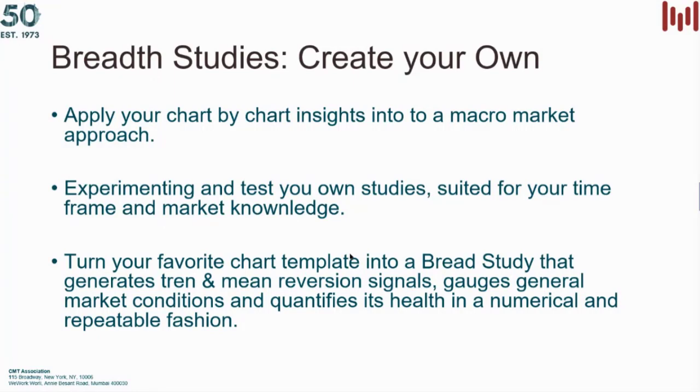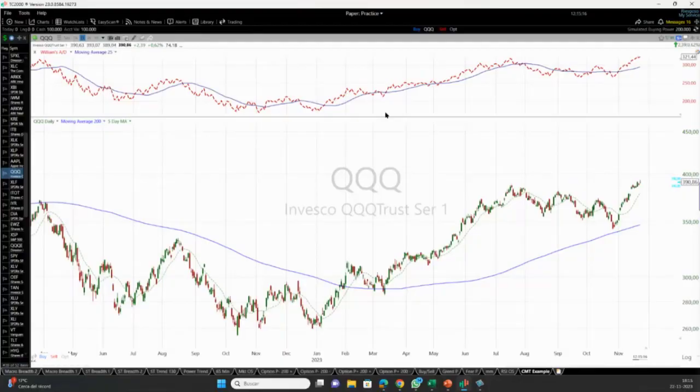Basically, something that aligns with your trading techniques, with your time frame, with your way to interpret the market, with your own findings. And that starts with your chart. Your go-to chart that you use to analyze the market. Here's mine. Pretty simple. 200-day moving average, a 5-day moving average, and I use the Williams accumulation and distribution indicator.